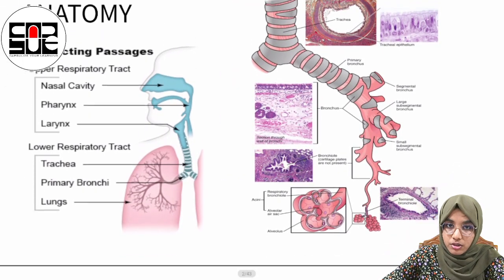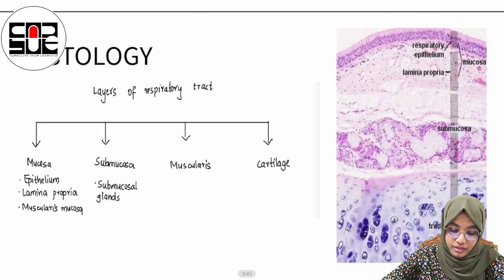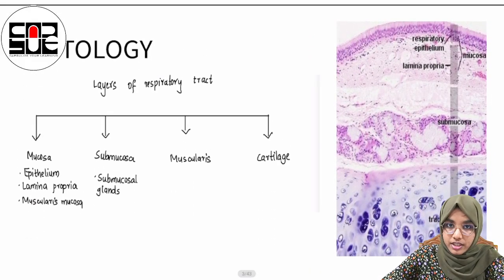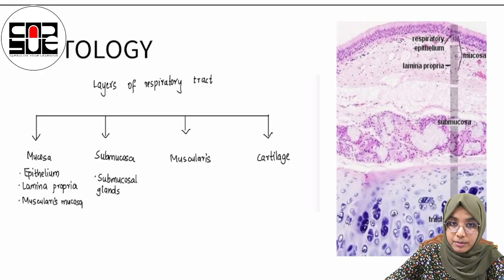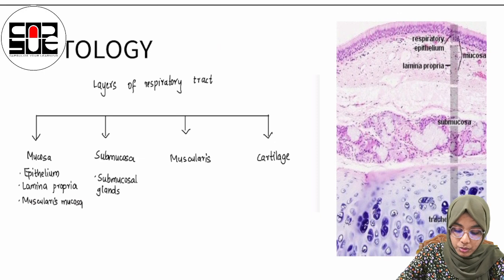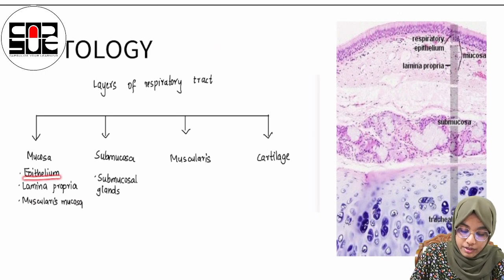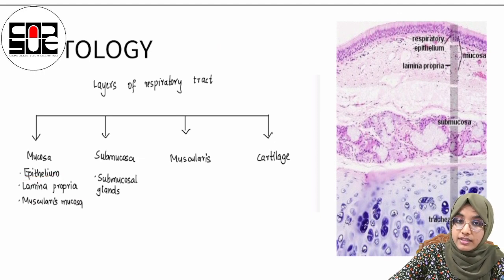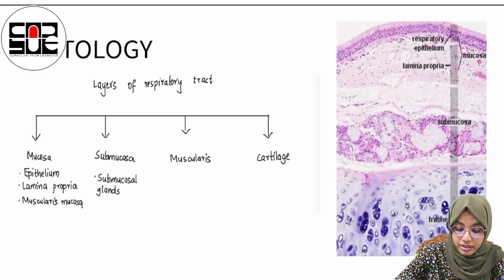Let's move on to the histology. What are the layers of the respiratory tract? There are mainly four layers in the respiratory tract. They are the mucosa, the submucosa, the muscularis and the cartilaginous layer. The mucosa is composed of the epithelium. As we all know, the epithelium lining the respiratory tract is the pseudostratified ciliated columnar epithelium, which